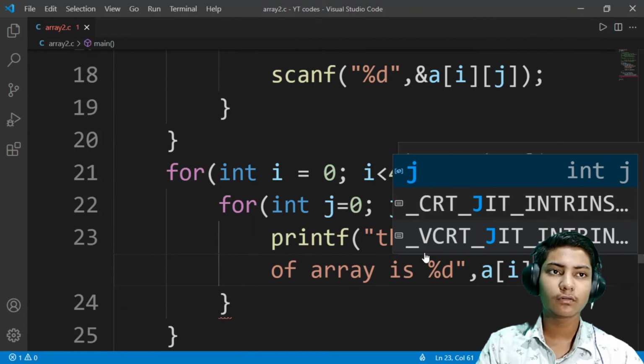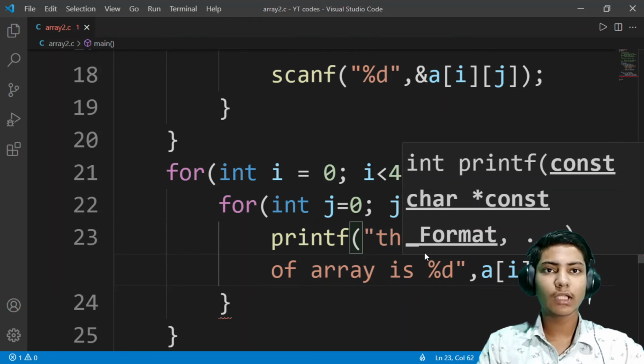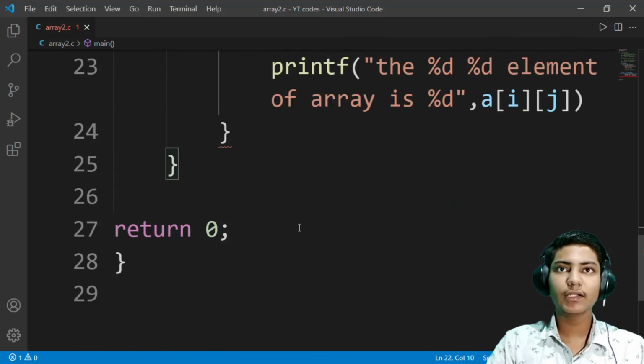Correct? Yeah. Now let's check the code by running it.